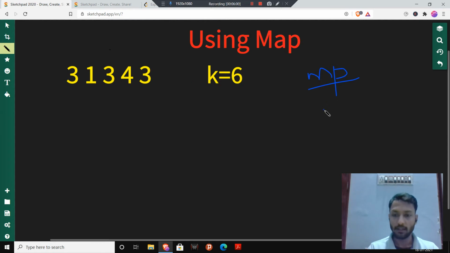So I have 3 with frequency 3, and 1 with frequency 1. This part denotes the frequency, and this is the element. 3 has frequency 3, 1 has frequency 1, and 4 has frequency 1.